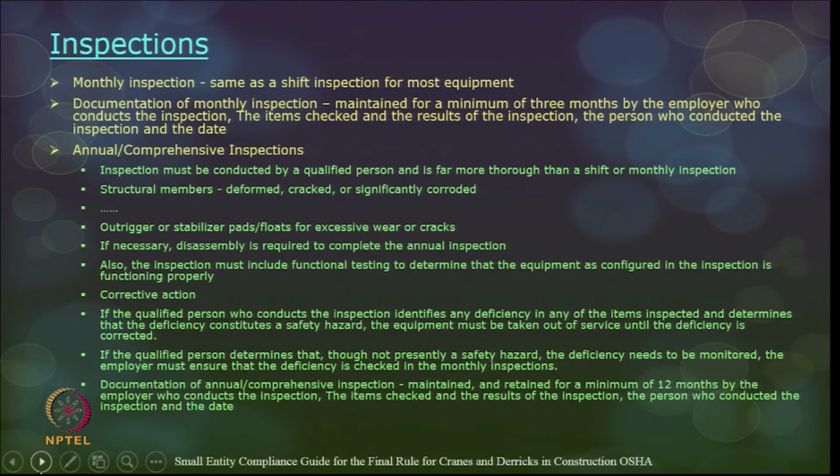Structural members, deformity, cracking, significant corrosion and so on are all checked. Similarly, a lot of the other issues which we have seen in the shift inspections are also covered in annual inspections. Outriggers or stabilizer pads and floats are all checked for excessive wear and cracks. If necessary, sometimes the crane is also disassembled to complete the annual inspection, and the inspection must also include functional